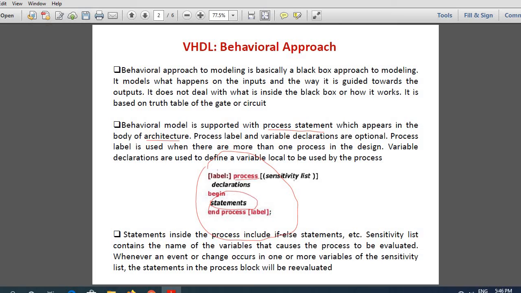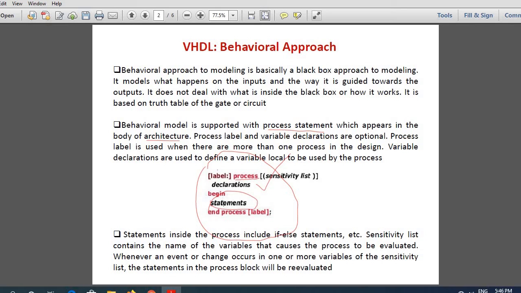That is, we put some variable names here, and when those variables change, these statements will be re-evaluated. Now, what are these declarations? Sometimes we need to use some variables which are local to the process, which occur only inside this process block, and these are declared using variable declarations.